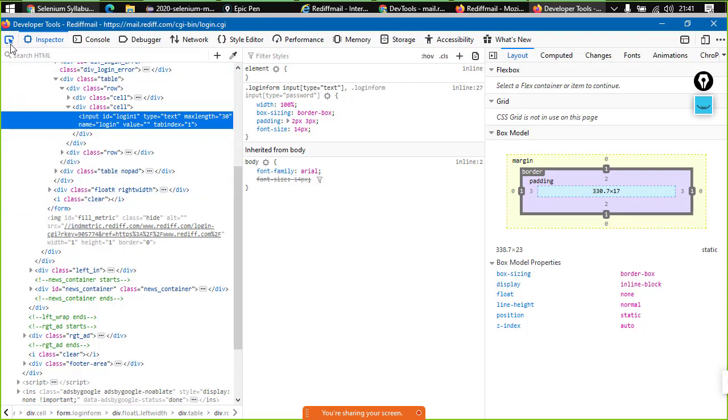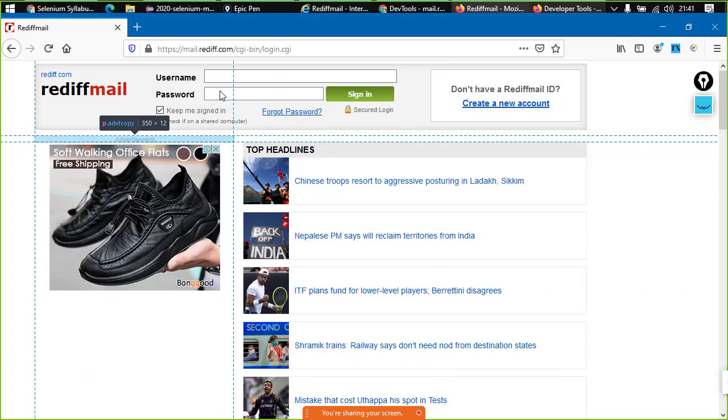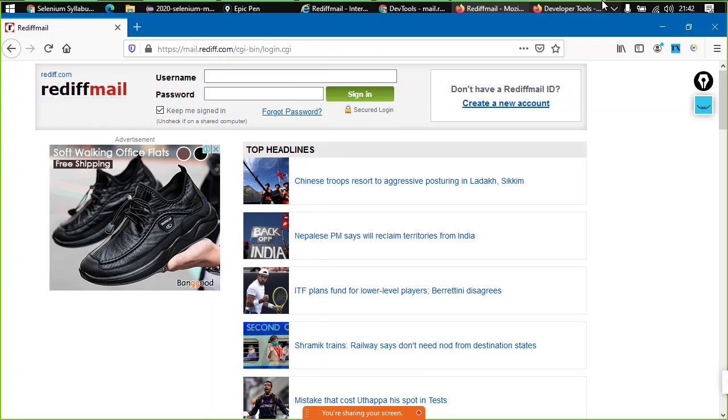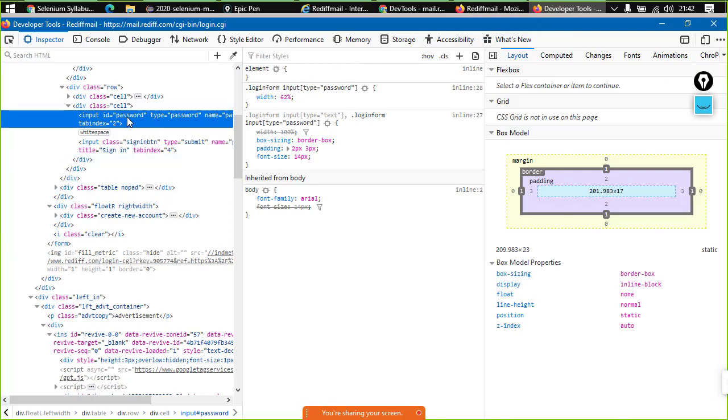Now I'll click on this particular button. This is an inspector button, right? Element inspector button. Now in case it is highlighted, this means that you can inspect any element on the page. What's next? Minimize developer tools, go to the page and try analyzing it. Now in Firefox you get to see these bars as well, which tells us that the element is located at this particular point. Click here, right? Now the element is highlighted here, right? ID equals to password. The element has been retrieved here as well.